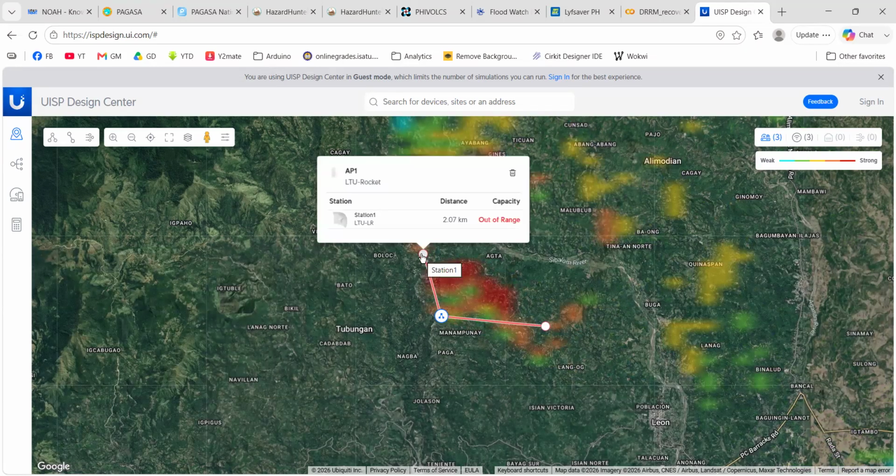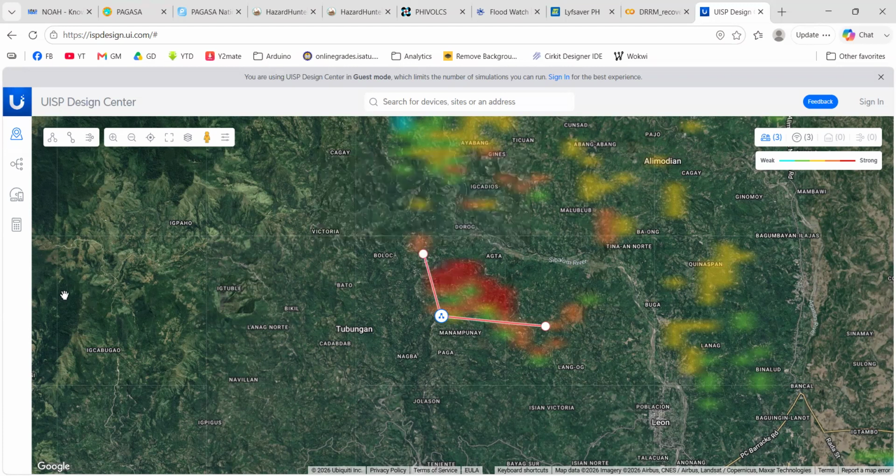Okay, so this app is owned by Ubiquiti, so it's proprietary, but everyone can explore this. Also for learning purposes, you can check this, but for designers, they can also use this one for their actual projects.